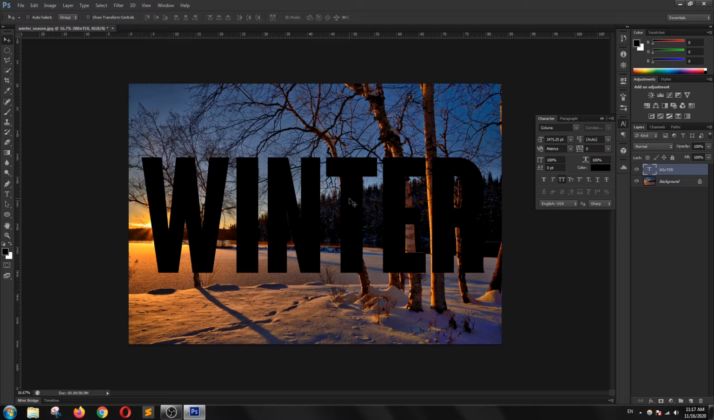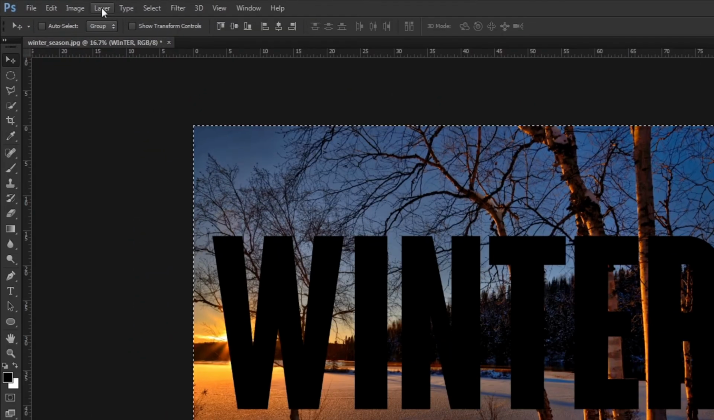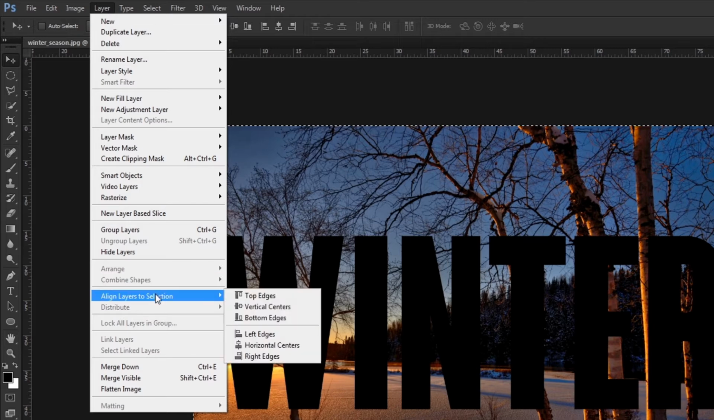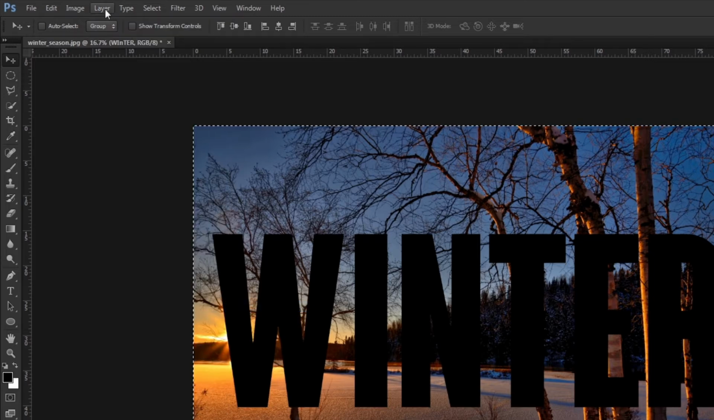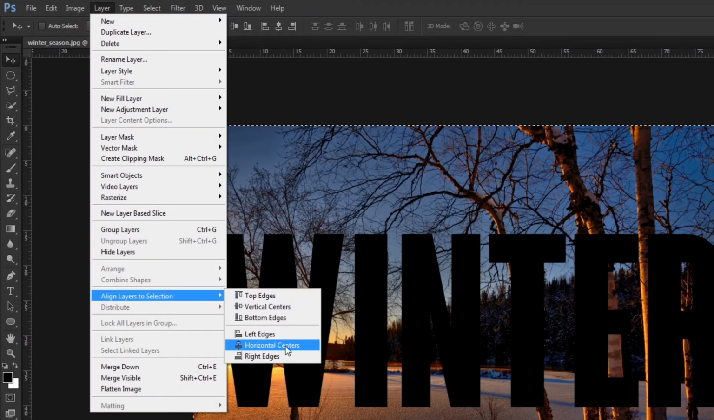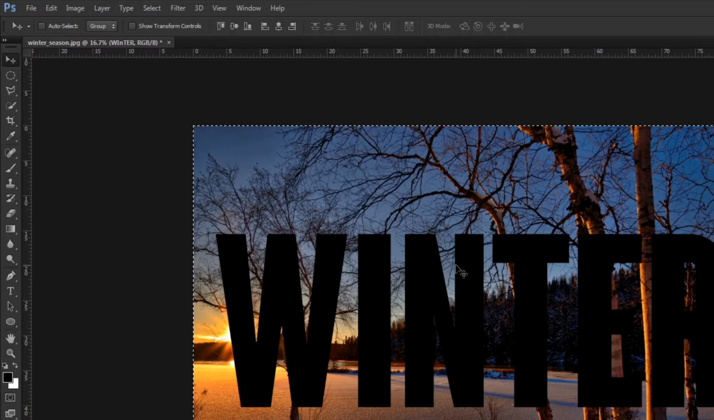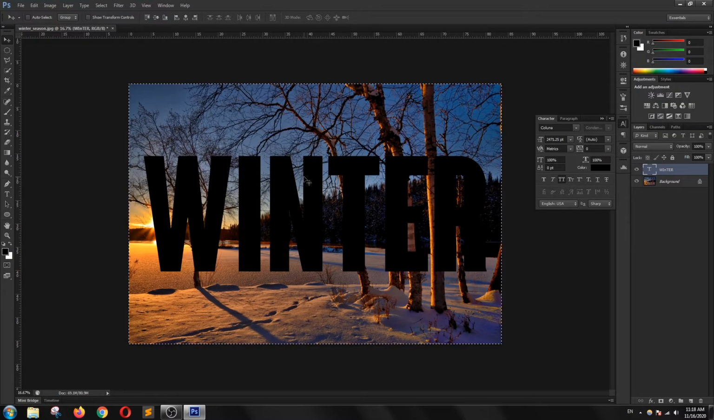Now the text is completely filling my screen, but I will align it to the center of my screen. So I'm going to select the layer by pressing Ctrl A, and my whole layer is selected. I will go into the layer menu, and I will align this layer to vertical center and once more to horizontal center. Now it is perfectly in the center of the image, and I will deselect by pressing Ctrl